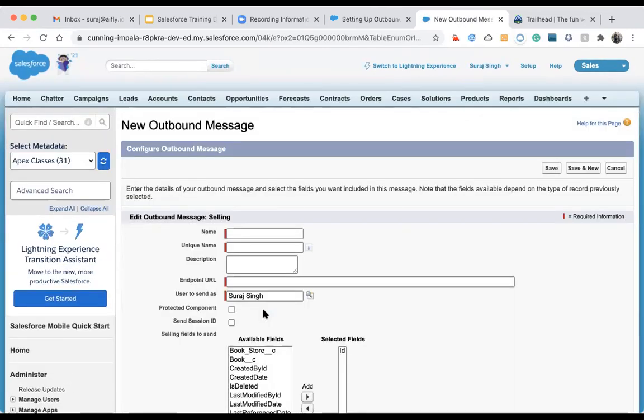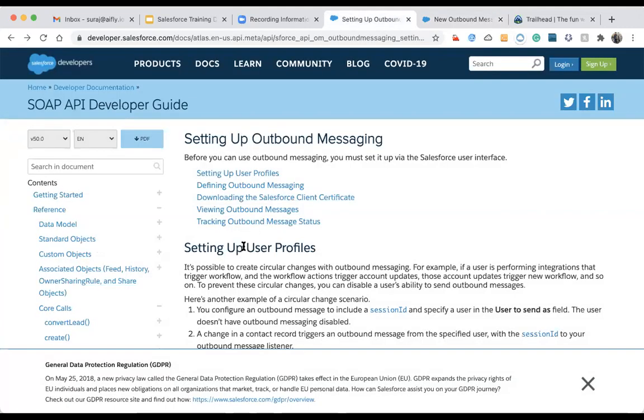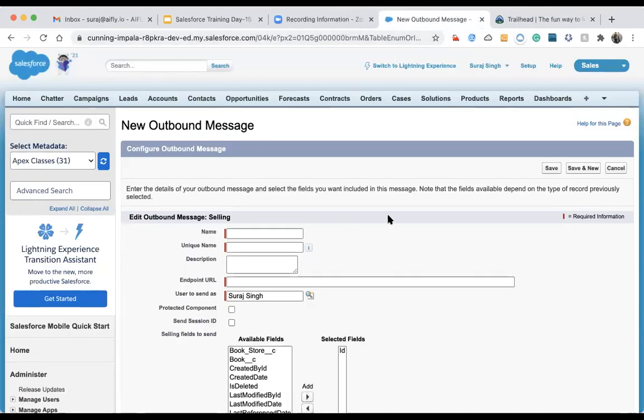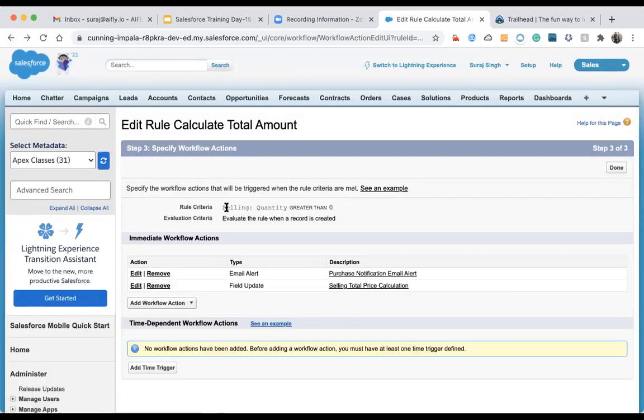Whenever we have a requirement with a third party system or a legacy system or any other system that we have designed, and we have to make an integration, suppose we need to send our Salesforce information. Suppose we have a criteria that whenever a book is sold and it has a quantity of more than one, and whenever the selling record is created, it also sends that information to some system in which we are maintaining our selling history. That can be any system apart from Salesforce, and at that time we can take the help of outbound messages.